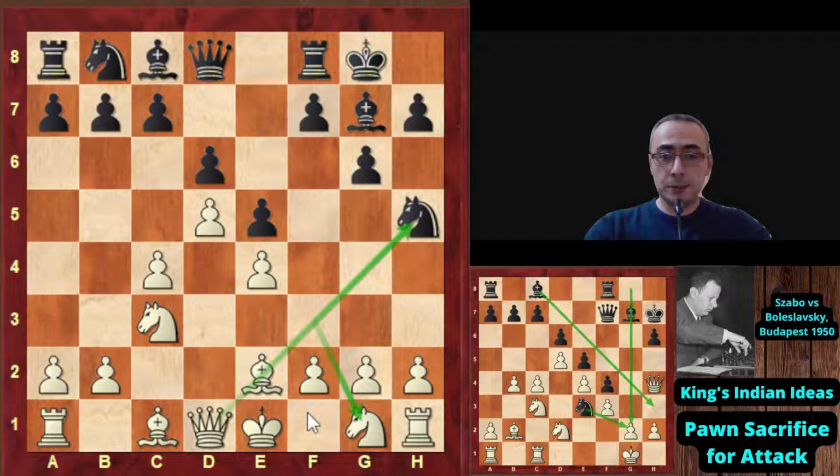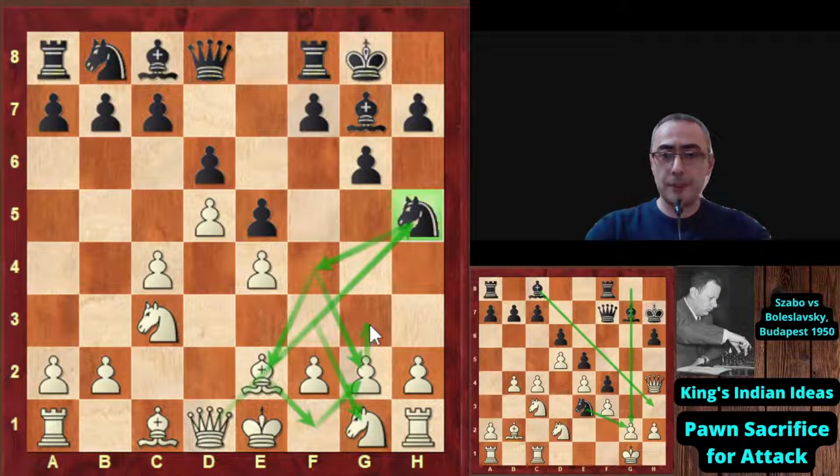The idea of this move is to attack the h5 knight with a queen-bishop battery and threaten to win a pawn. And now the most natural for Boleslavsky would be just to play knight f4, attacking the pawn and the bishop, and the bishop would go to f1, defending g2, and later